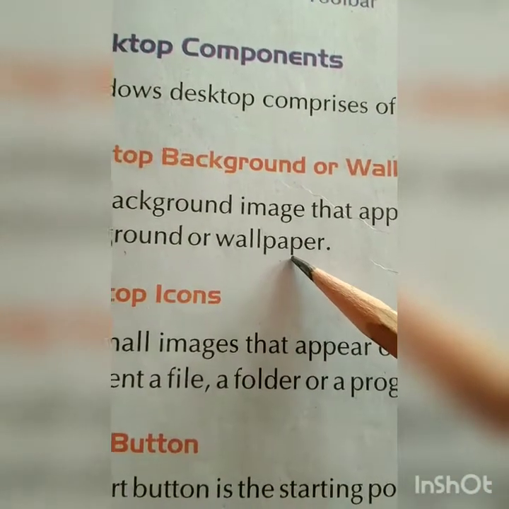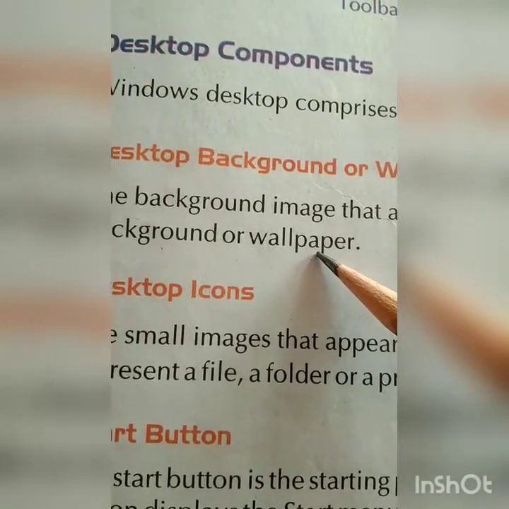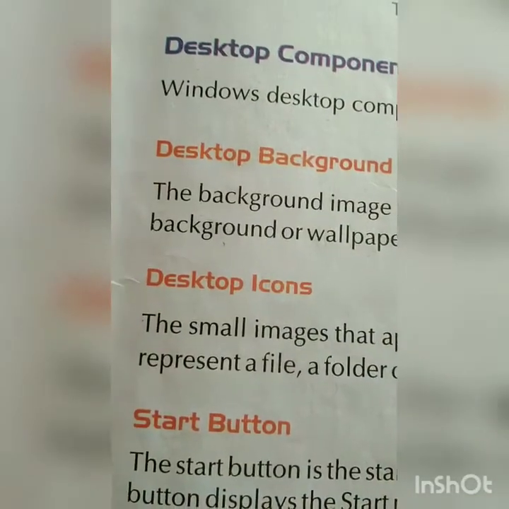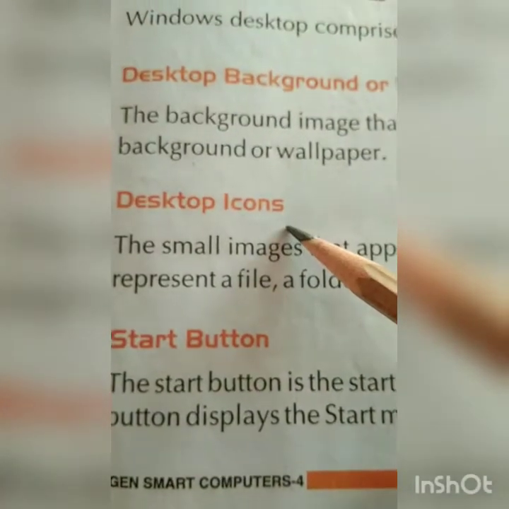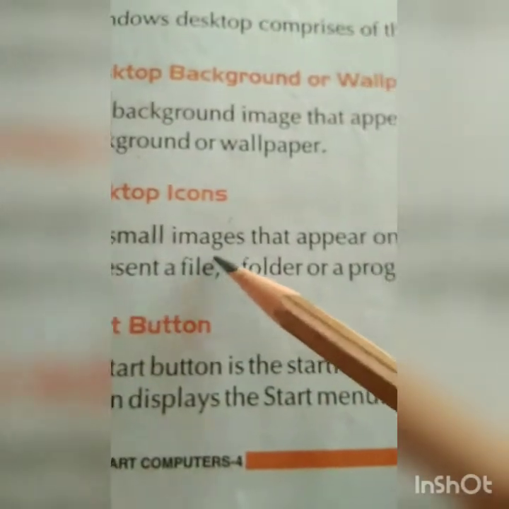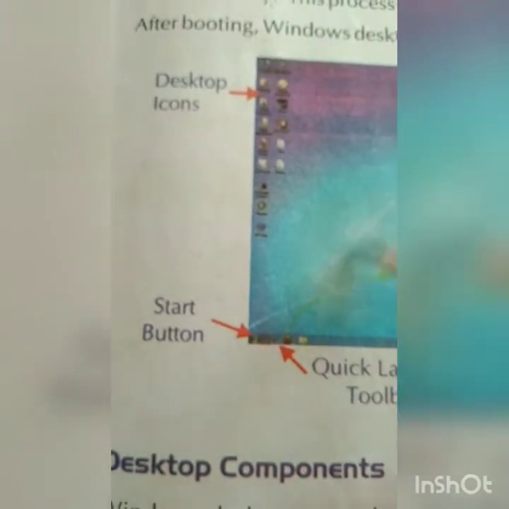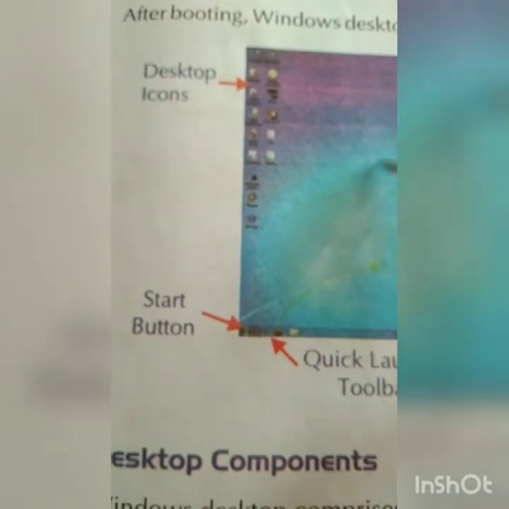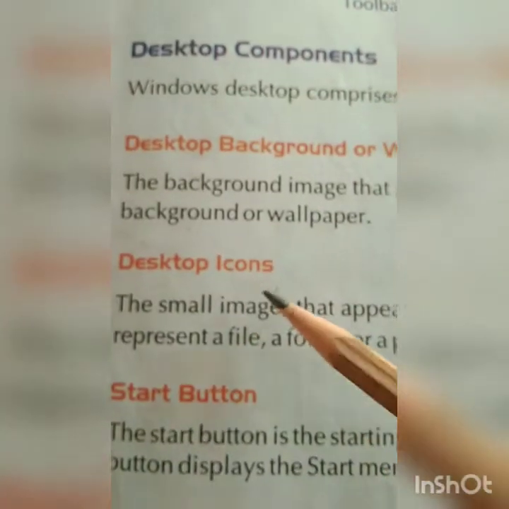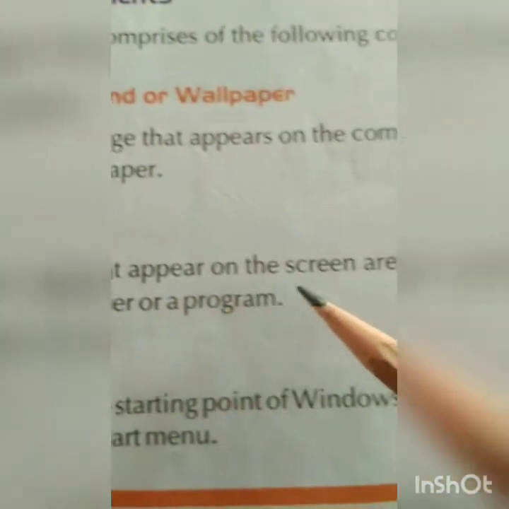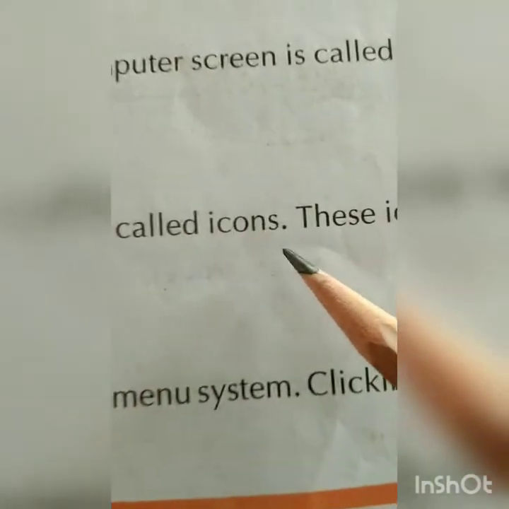Next are desktop icons, the small images that appear on the screen.